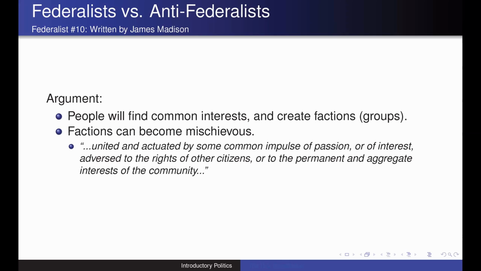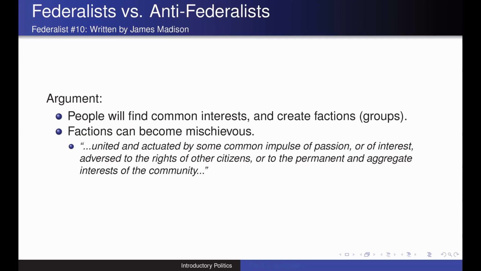constitutional document is necessary. James Madison in Federalist 10 is going to argue that the reason we need a strong central government is essentially to control people. And we need to control people, Madison is going to argue, because when we have lots of people who ultimately find some sort of common interest, they will gang up on people who are outside of that common